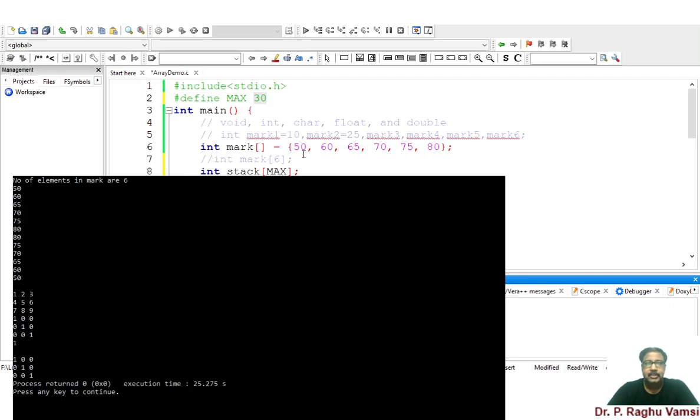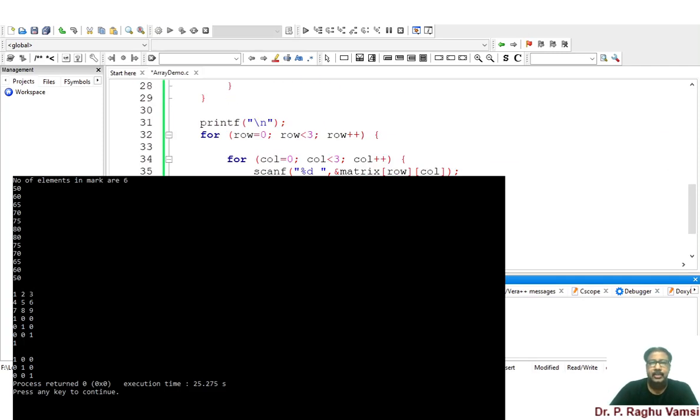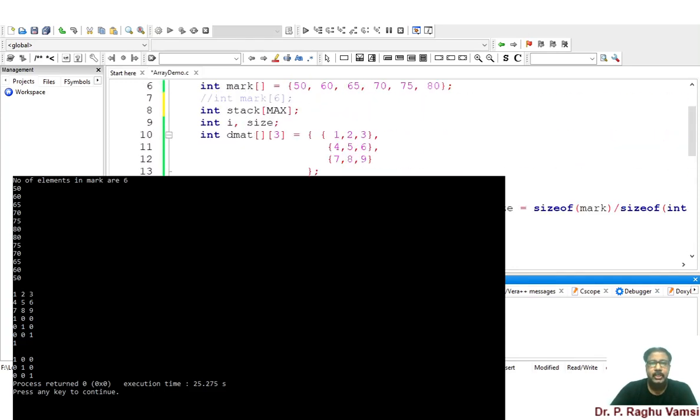So these are the various ways of declaring an array, and we have already seen how to manipulate an array. If you want to iterate through all the indexes of the array, then you are supposed to use a for loop. Otherwise, if I want to print only a specific element from the array, then you simply use the index of that particular element.